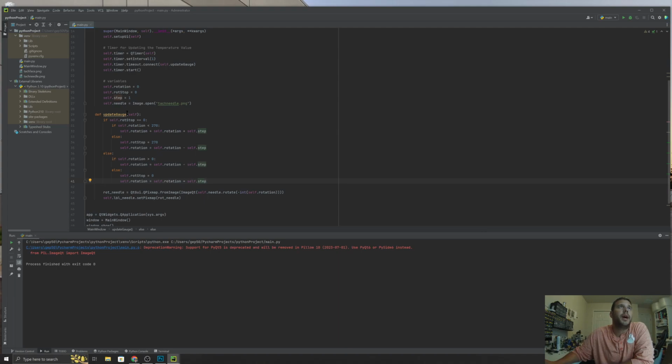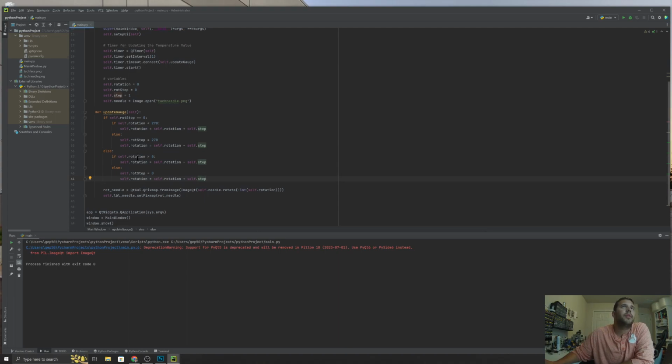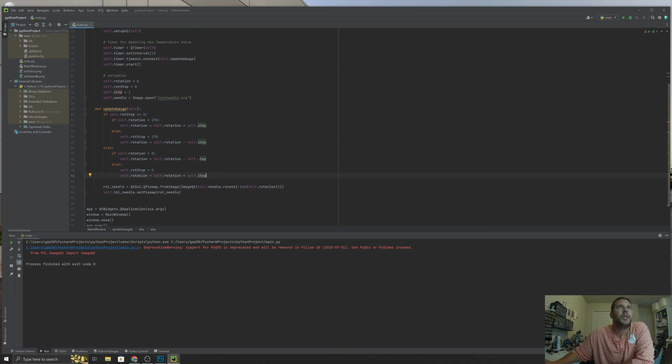So then we come down in the next cycle through, after this is set to 270, we're going to go down to this else statement and say as long as we're greater than 0 and the stop is 270, we're going to just keep decrementing until we get back to 0, and then we'll set 0 and then start sweeping up, and that creates the 0 to 270 back and forth motion over and over again. So the next thing we need to do is use that rotation value that we're getting out of this function